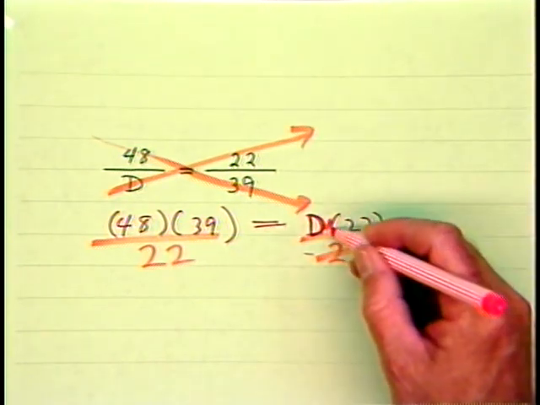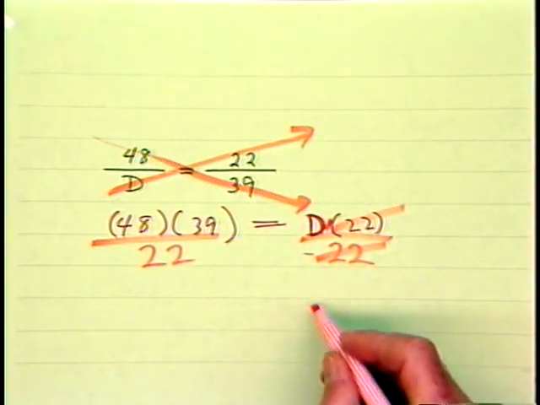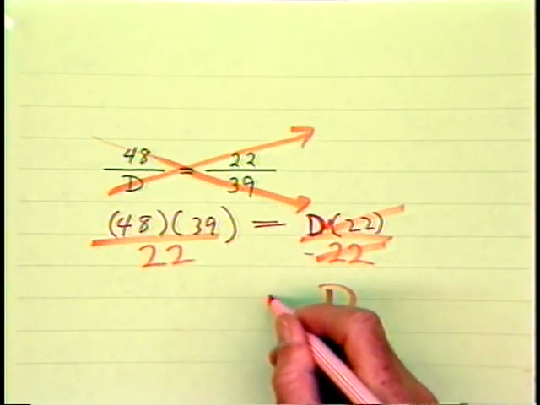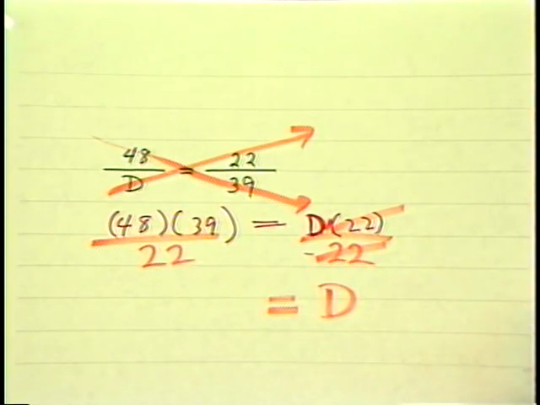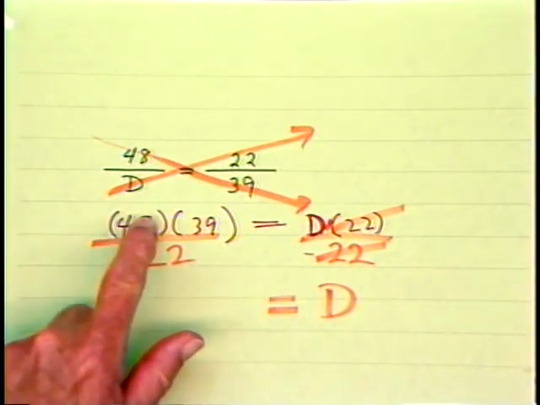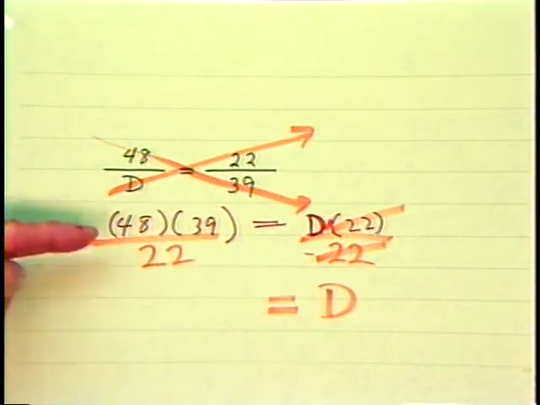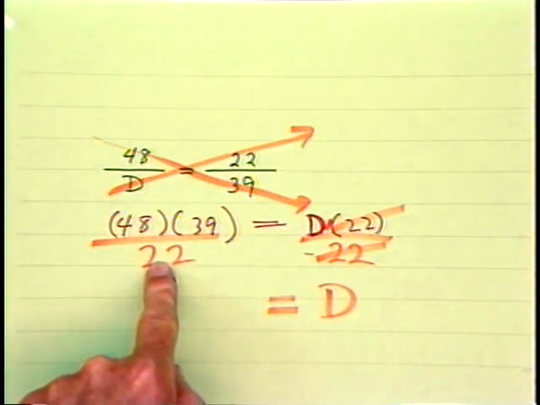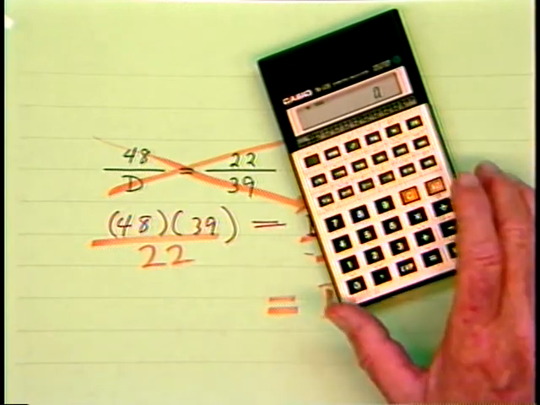And of course here it cancels out, isolating the D, which is what we mean by solving the proportion. So this simply reads now, D is this, whatever that is. And there's no decision there. It's telling us what to do. This times this, divide by this. So if we're using a calculator,